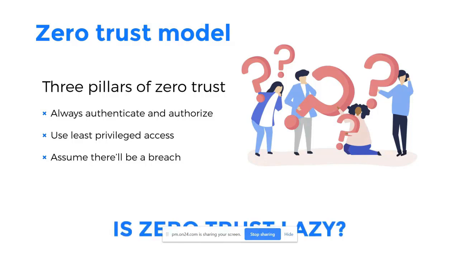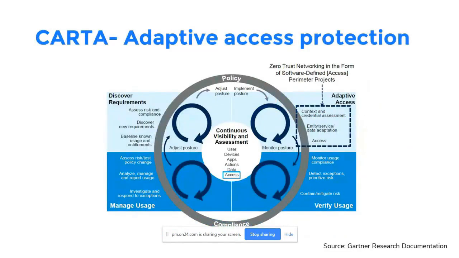But is zero trust enough? That's the whole question right here. Is zero trust enough? So you try to restrict the number of accesses, all right. But still, is it safe enough to just go with the zero trust model? As a matter of fact, the answer is yes and no. I would rather look for something that is more adaptive. Rather than having robust models out there, it makes sense to start your identity security journey with an adaptive model. Continuous assessment of risk and threat is something that you need to do. How you do it is quite straightforward and simple.